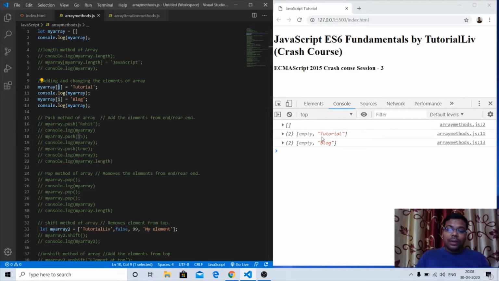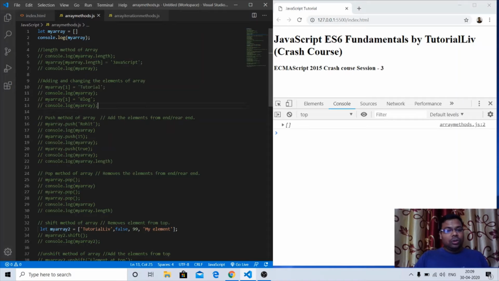If I just want to update this particular value, as we know this square bracket notation is a getter or setter. If I just call it like console.log my array 1, it will return tutorial, but if I want to add something, we can add like this. Similarly, this particular method will help us to update the array element also. On the first index, if I want to update this particular value, we can write like this and put a new value, same syntax, and it will update the array for us. You can see now on the place where we had tutorial, we have the updated value that we have added. So this way we can add or update the elements in the array.